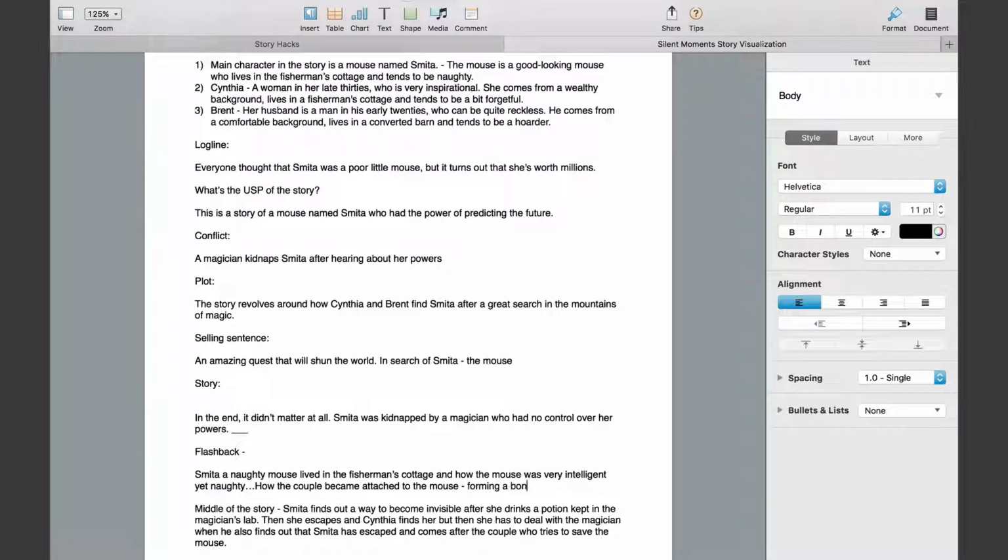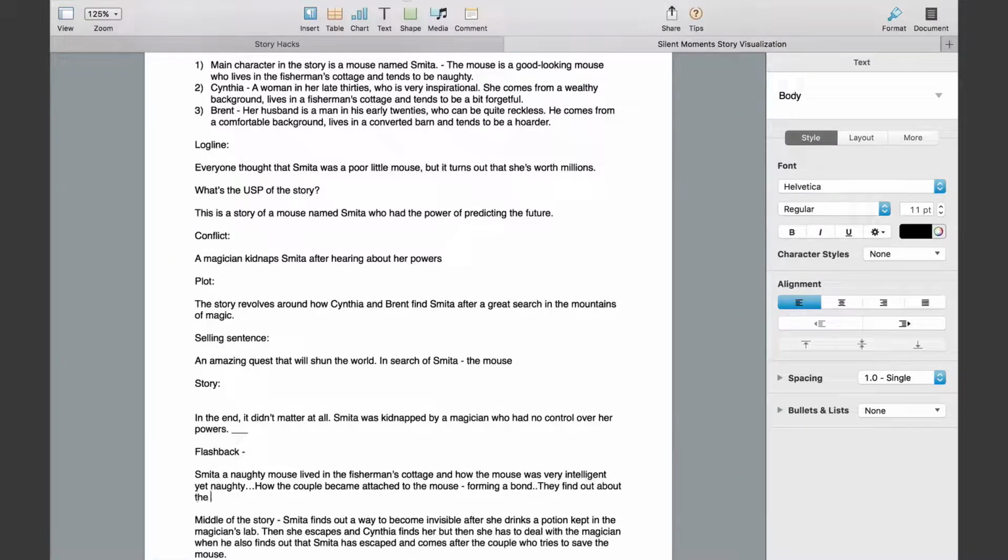And then they find out about the special powers of visualization the mouse has, right? And then they tell the village folks